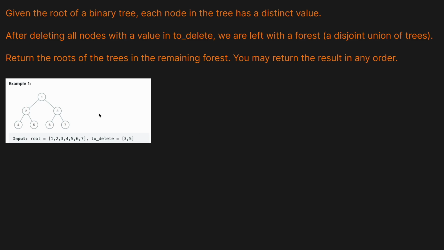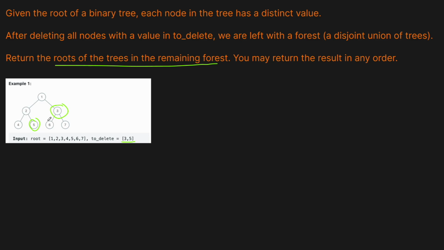So, as we can see, we're given this tree here, 1, 2, 3, 4, 5, 6, 7, and we're asked to delete the nodes 3 and 5. So, obviously, we're going to delete this node here and this node here. So, we want to return the roots of the trees remaining, right? Since we delete this 3, this 6 and this 7 become their own root, and deleting this 5 doesn't actually